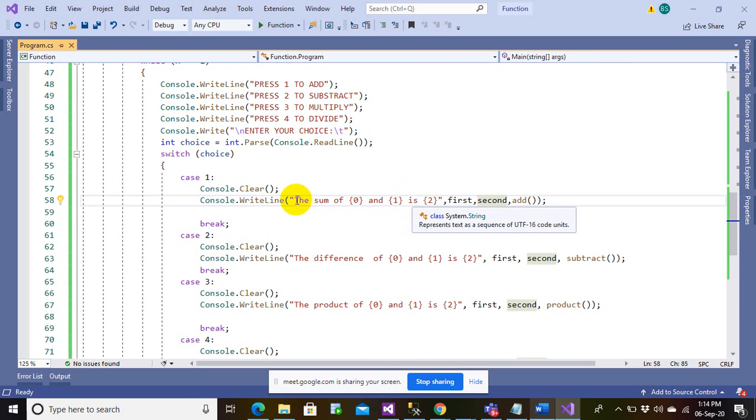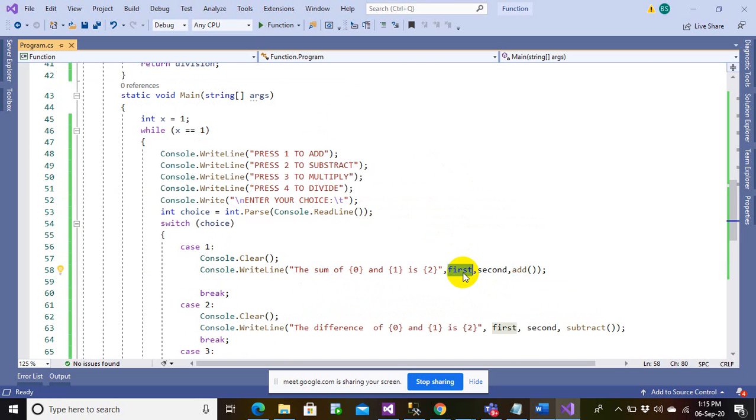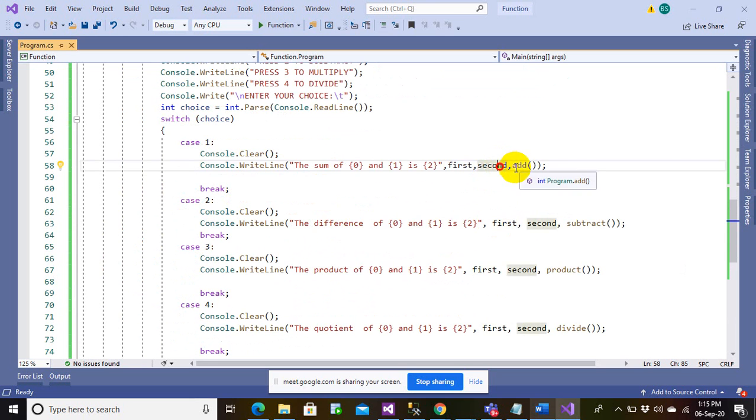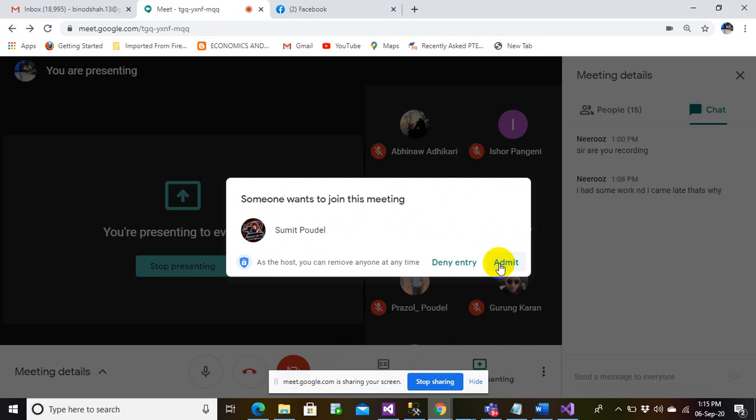Since we are calling this later on, the value of first is 0 and the value of second is 0, but when this function is called, the value of first and the second will be changed, and then you'll be able to print the value of first and the second.